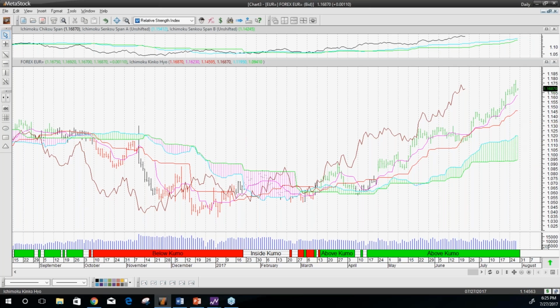because it's so far away from the Kumo and these are so far apart, I'm not looking at an exit signal coming up out of nowhere. An exit signal being a TK cross in the opposite direction. Remember, exit signals are different than stop losses. Stop losses are just meant to protect you when things go wrong. And your exit signals are saying that there's actually a reason to believe that there's a change in direction. So in this case, like I said, that's how I do it. You can choose to do whatever you want, but we'll go ahead and show you how Ichimoku Master shows you